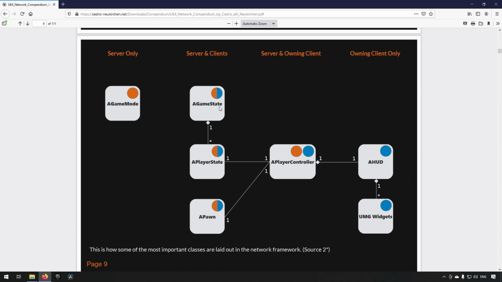As the next topic of classes, and yes, all of these white squares are individual classes that you can use in Unreal Engine as well. That's what they're representing, and they are depicting their different relationships with each other. So a game mode would be something that exists on a map or multiple maps. A game state is something that you would have on a specific map, and it would keep track of the state of the game. Meaning,